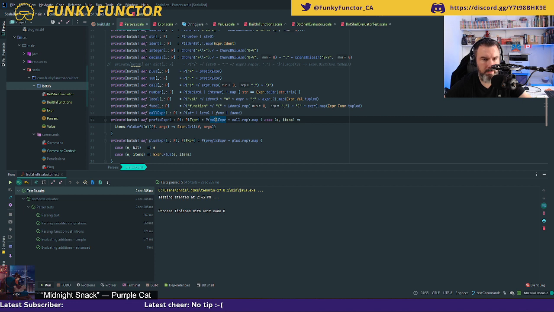So call exp could be either a string as defined here, a local, which is prefixed with val, a func, which is a function, an identity.